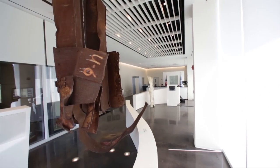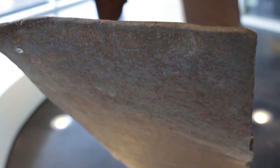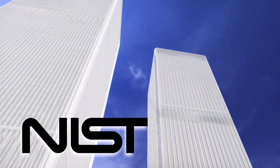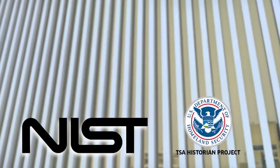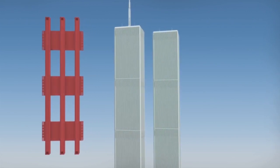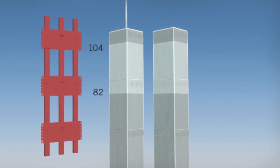The first artifact that I would like to speak to you about is this large piece of steel suspended from the ceiling. This artifact comes from the exterior column system of one of the twin towers of the World Trade Center. Based on research by the National Institute of Standards and Technology, or NIST, and the TSA Historian Project, we have learned a great deal about this artifact. By examining the thickness of the steel and the location of comparable sections of column steel in the World Trade Center, we know that the artifact comes from an area between the 82nd and 104th floors of one of the